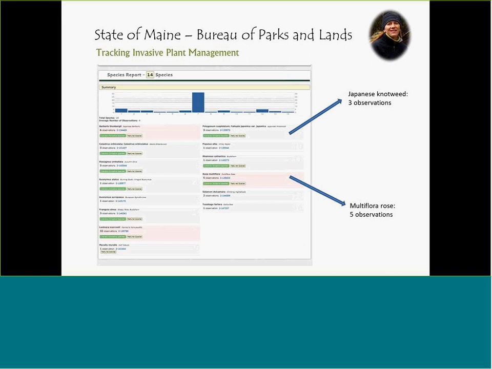In my bailiwick in the state of Maine, the Bureau of Parks and Lands, one of my sister bureaus within my department, we own and manage about 600,000 acres of public land in the state of Maine, so it's quite a thing for us to keep track of our invasive plant management. What you're seeing on this screen is a report from a particular project, I believe, showing